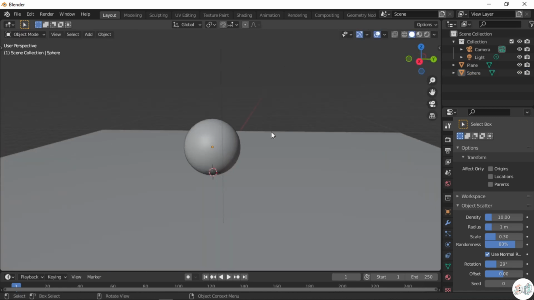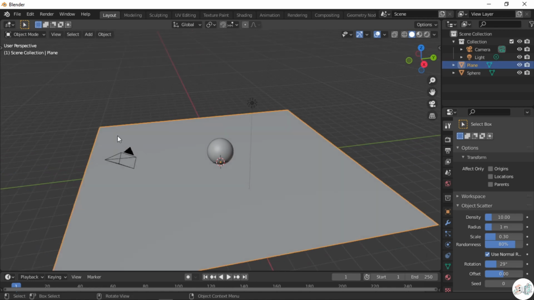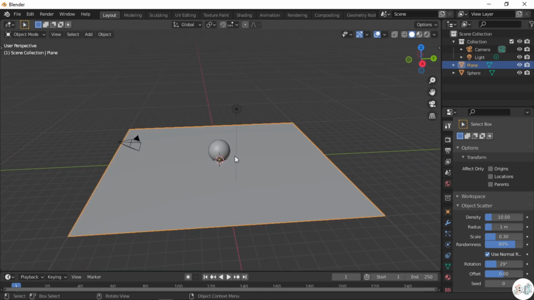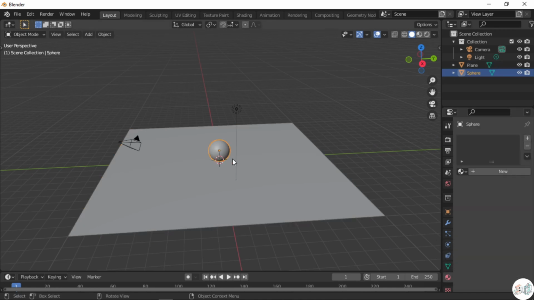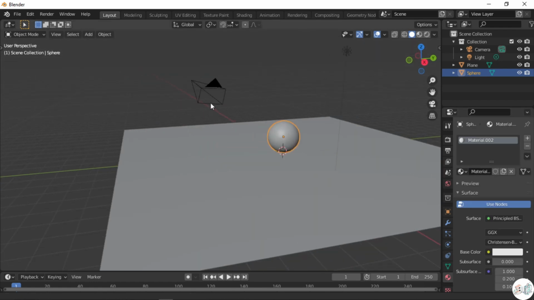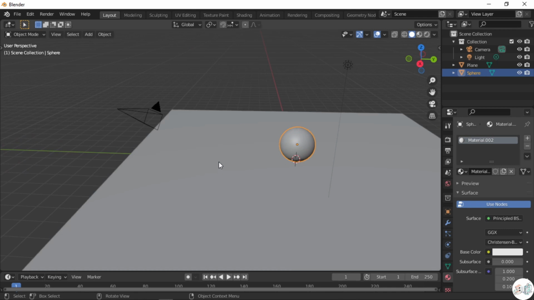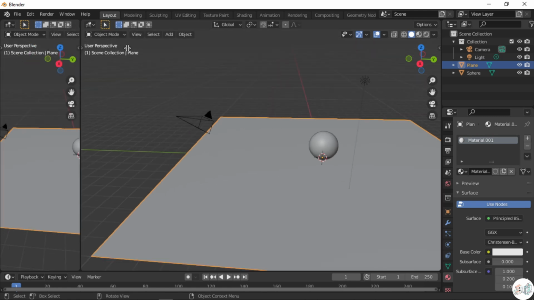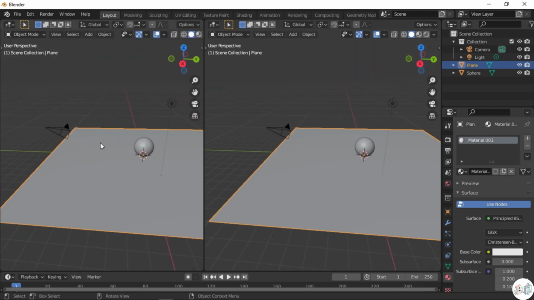Now as we have the sphere over here, I'm going to give materials to this plane and the sphere. The first thing I'm going to do is give a material to both of them, and then we will add the textures later. So we have given the material to both of them. Now I want to change this plane into sand. So I'm going to select this plane. If you go to this corner, you can see a plus icon appears over here. If you click and drag it, your window will be split into two.